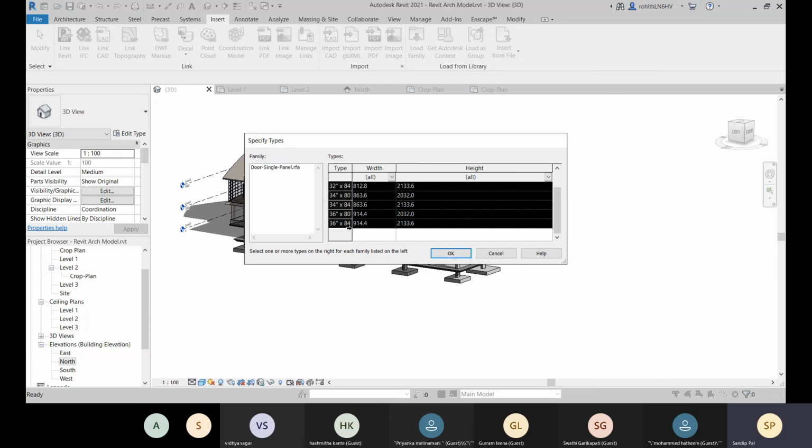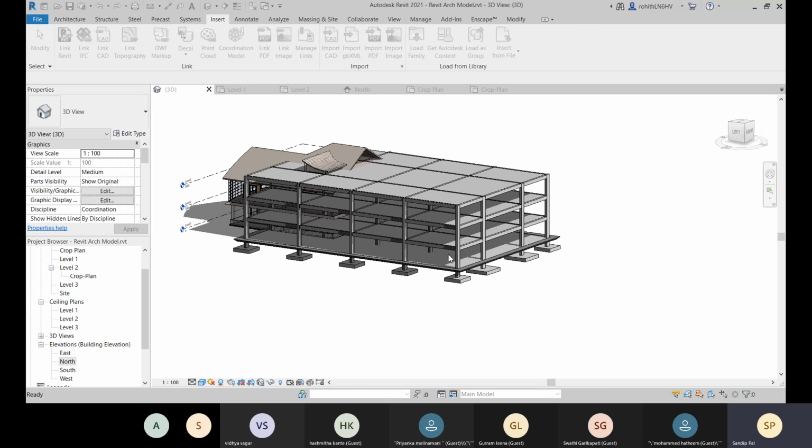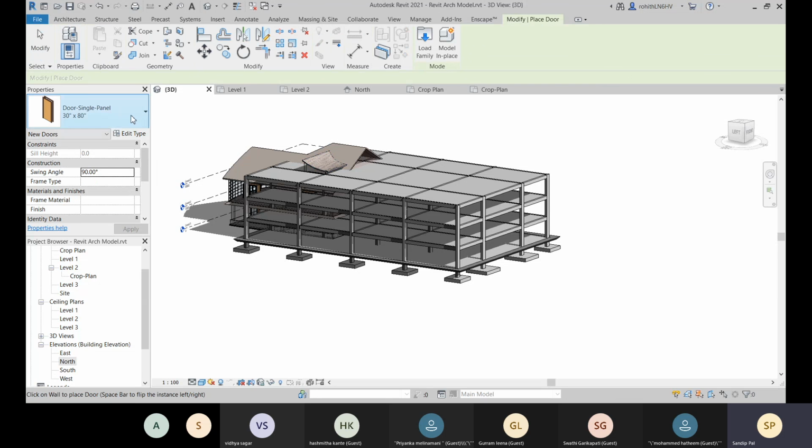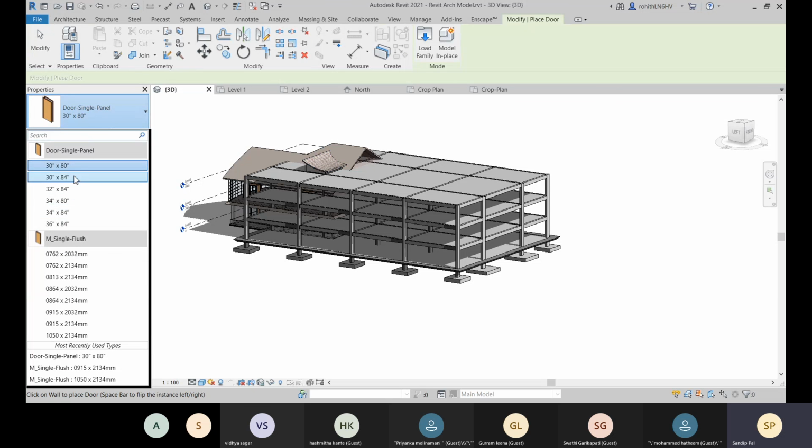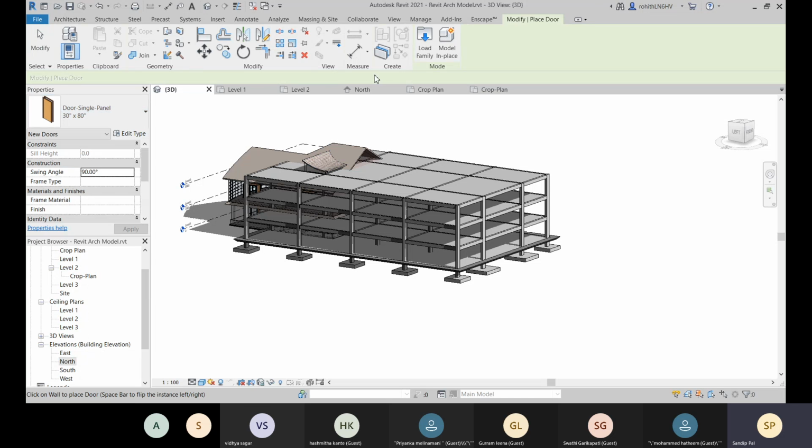Suppose you don't want to select this, for that go for this deselect option, and all the files are selected, and you click on OK, so the selected files will be loaded. So those are loaded right now, and you have to place them. So for that come to door, and these are loaded right now. So single panel, now you can place, let's start placing it.